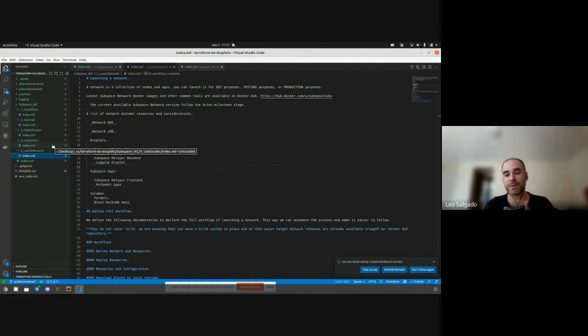I was thinking of using a really tested stack, called the ELK stack: Elasticsearch and Kibana. Kibana is the monitoring tool to create a web dashboard for the logs, and Elasticsearch is